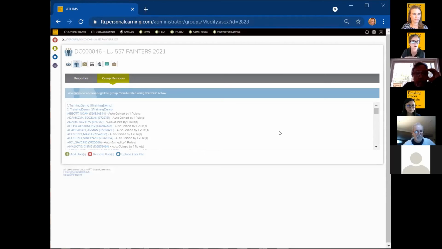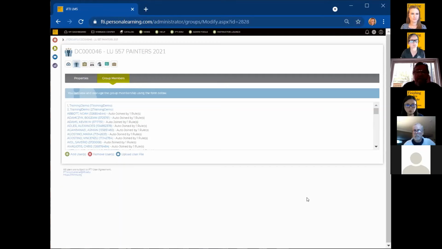If you know for sure they're coming in, your group can be way more specific than this. You know, if you wanted to be a bridge painter, you can have a group that's for bridge painters only and attach them to align them with the learning path for the bridge painters.